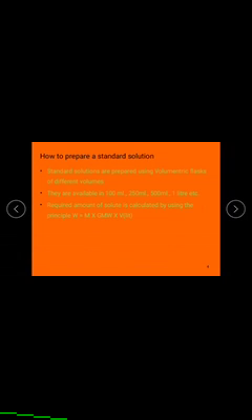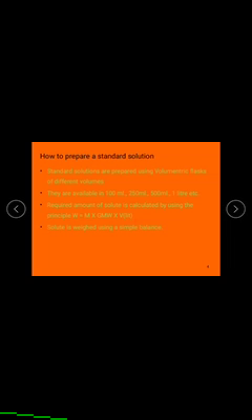The required amount of the solute is calculated by using the principle W = M × GMW × V in liters. Here W is the weight of the solute, M is the molarity of the concerned solution, GMW is the gram molecular weight of the solute, and V is the volume of the required amount of the solution in liters.